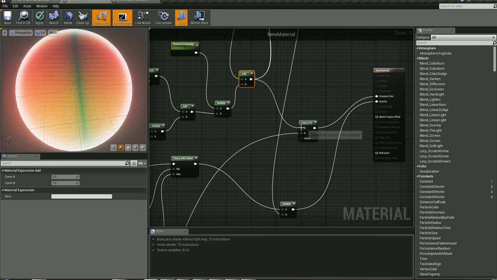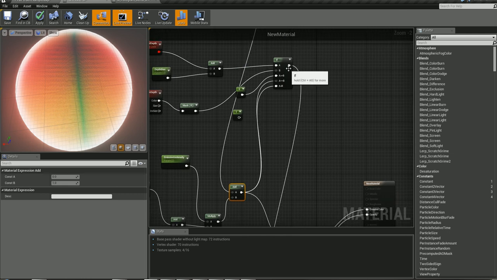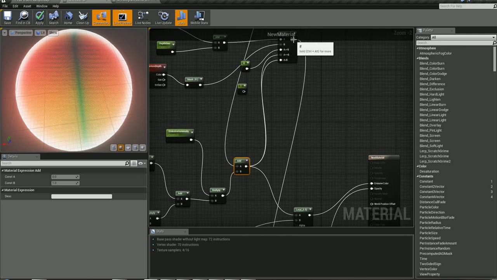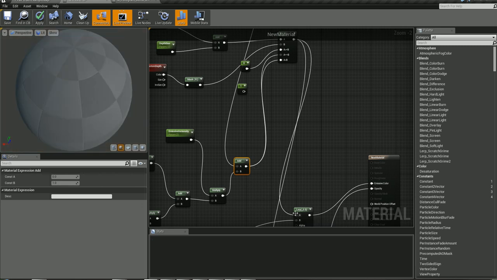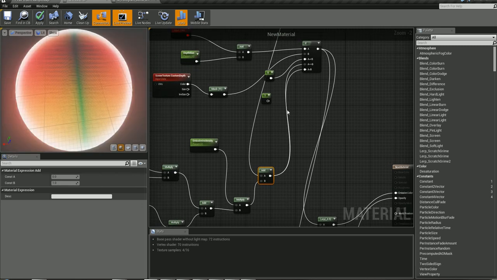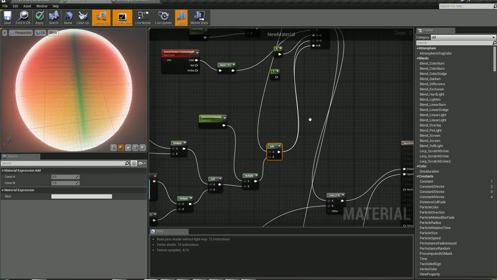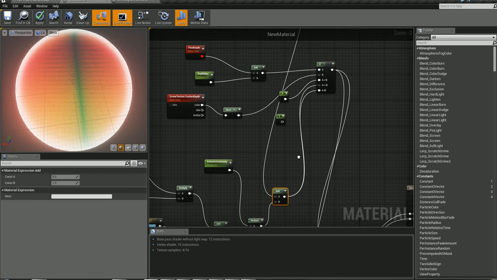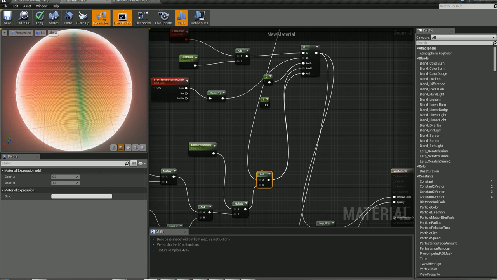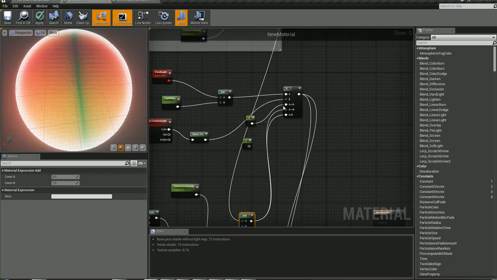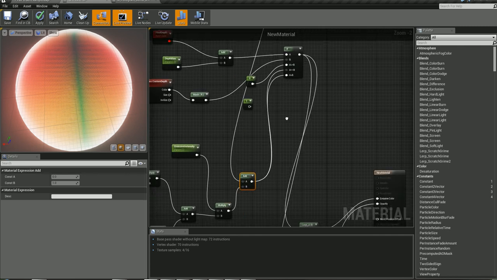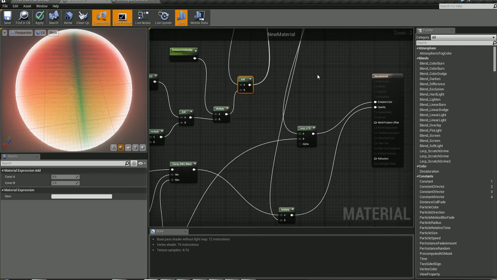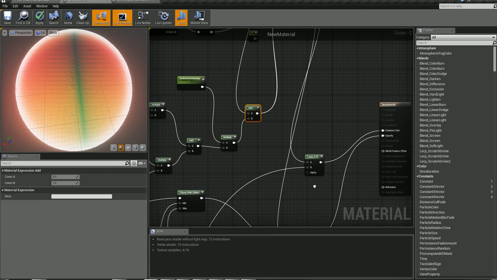Now, that A channel does not need to have this guy. It actually needs to have this guy. So let's go and grab this and grab that A channel right there. You'll notice the add now goes up here. That way we're filling up all of our if statements. Sorry about that. That's just a positioning thing. I moved them up here so it makes a little more sense according to my notes. And I just grabbed the middle section of that add and stuck it in the rest of these two channels. So with that plugged into the linear interpret node,